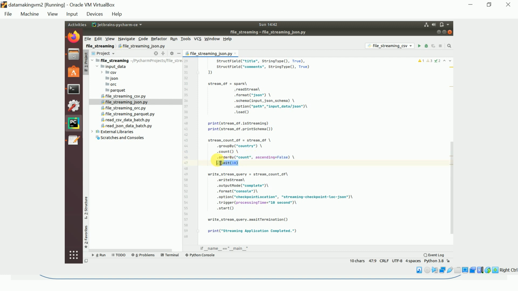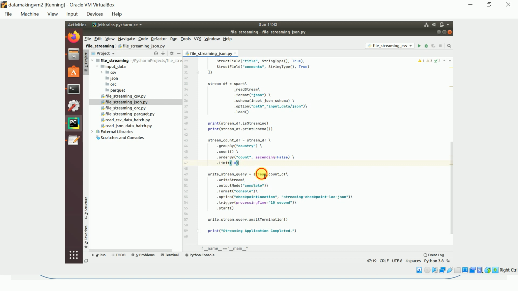If you limit to 10, you get the top 10 countries which have the most users registered. This is a simple transformation: group by country, find the count, then order the count by descending. We can say ascending equal to false, which is descending, and take the top 10.